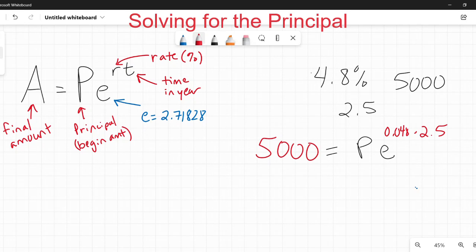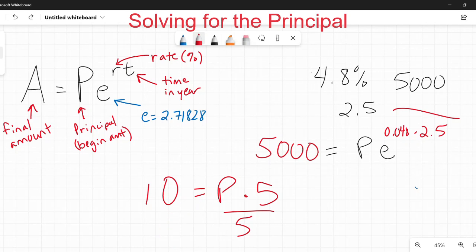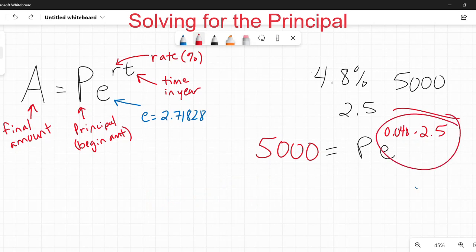To solve for P, this really is a variation of something like saying 10 equals P times 5. I need to divide both sides by 5 and I'll have P. Unfortunately, the 5 in this particular case is a little more complicated, but it is still just a number. So I'm going to enter that number into my calculator. I'm going to press my E button, then my x to the power of y, parentheses, 0.048 times 2.5, close parentheses, and equals, and I get